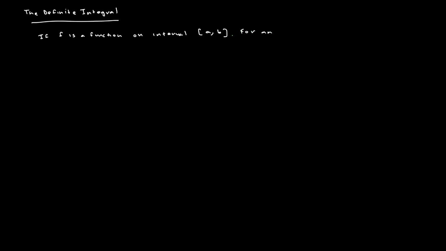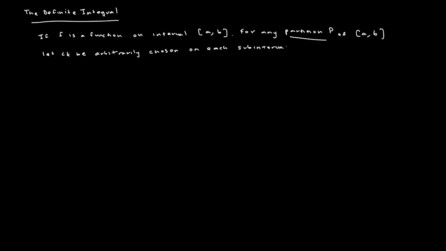for any partition P of [a, b], and by partition P, this just means how you divide the original interval into the subintervals, let c_k be arbitrarily chosen on each subinterval. Then if there exists I such that